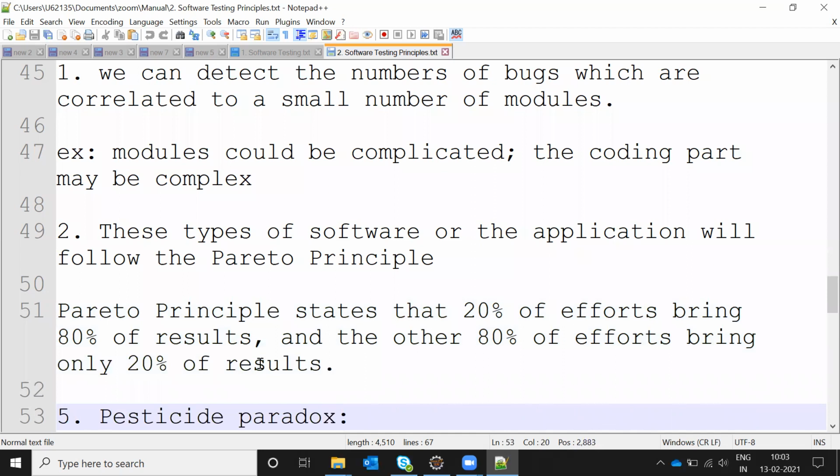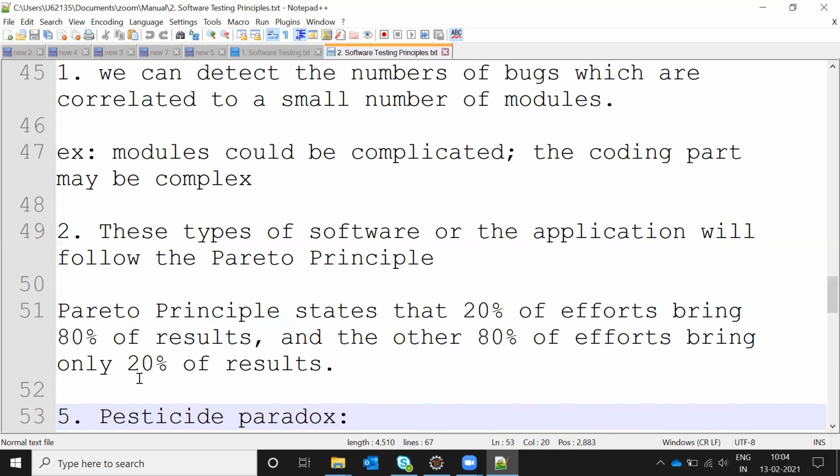The Pareto principle is basically like this: one small module is presented. If you test the small module, 20% of the effort brings 80% of the result. It means if we test 20% of a small module, it will give 80% of the result.